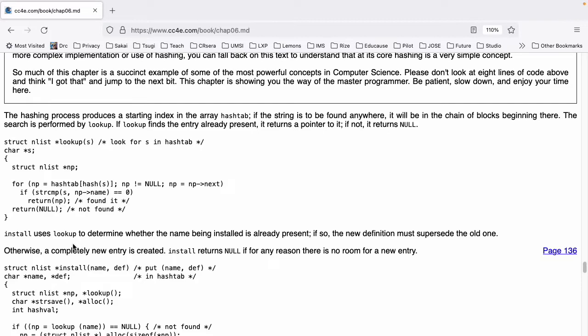Here's the code. struct nlist *lookup(s) char *s; { struct nlist *np; for (np = hashtab[hash(s)]; np != NULL; np = np->next) if (strcmp(s, np->name) == 0) return(np); return(NULL); }